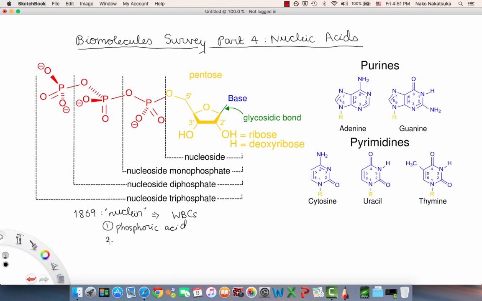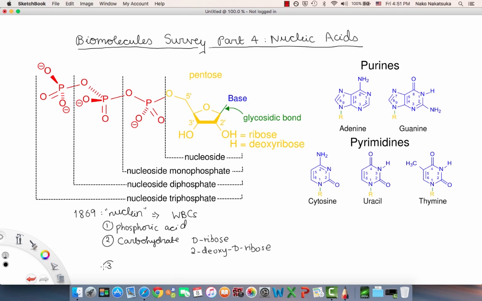The second was a carbohydrate, in the form of either D-ribose or 2-deoxy-D-ribose,